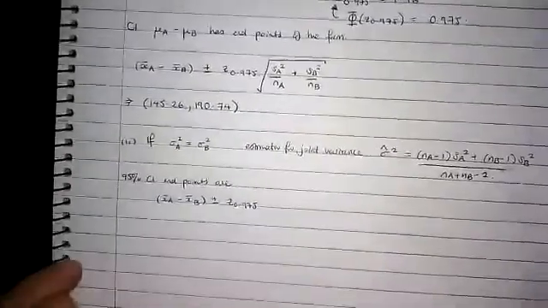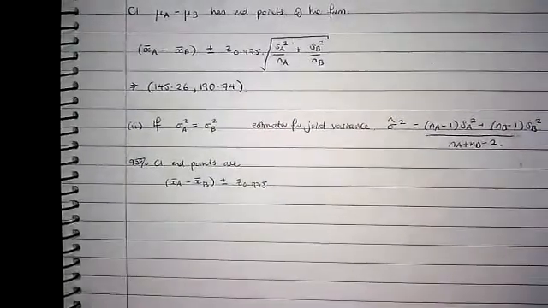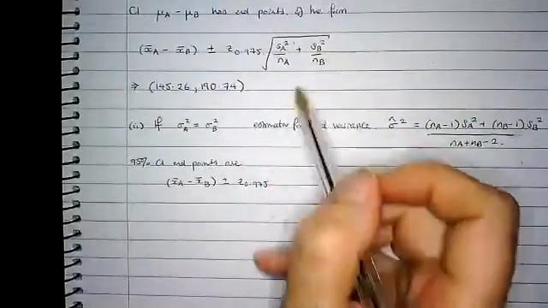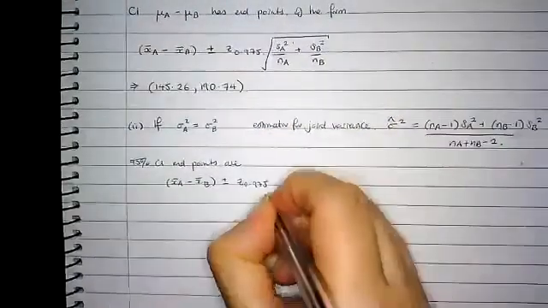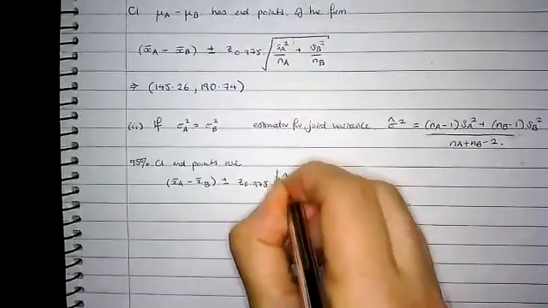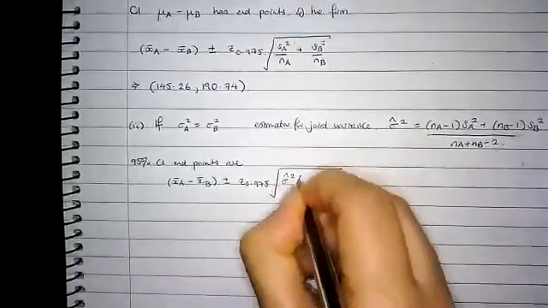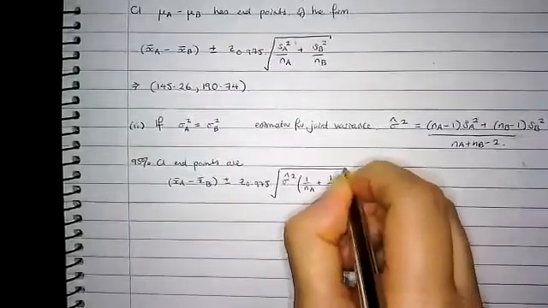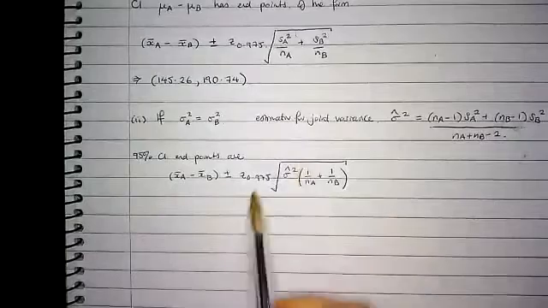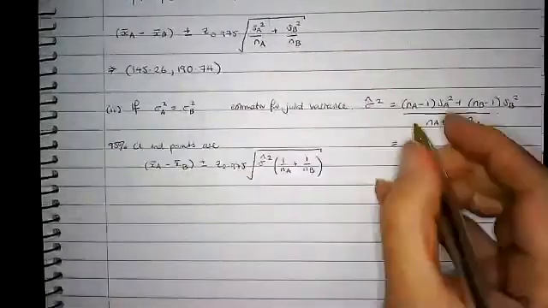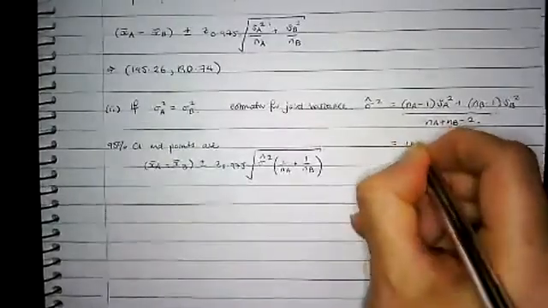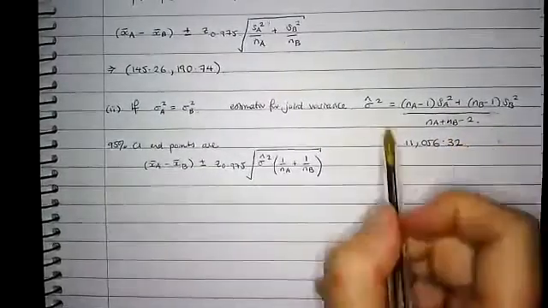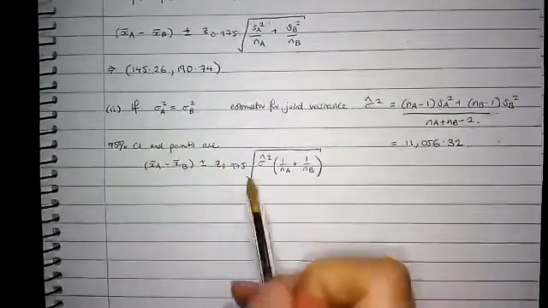And then that square root term needs to be changed, because we want to replace SA squared and SB squared with our estimator for the joint variances, this one. Okay. And then if I plug all of the values in there, when I calculated this one, I should have got a value of about 11,056. Okay, so if I put this one, NA, NB, etc. in here,